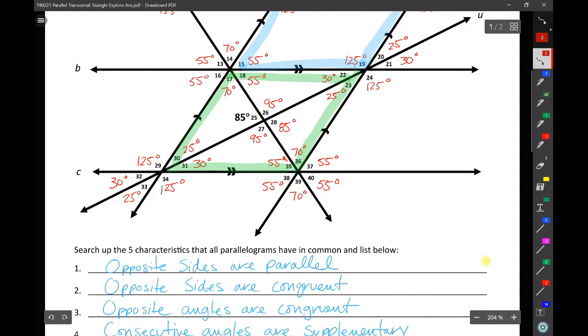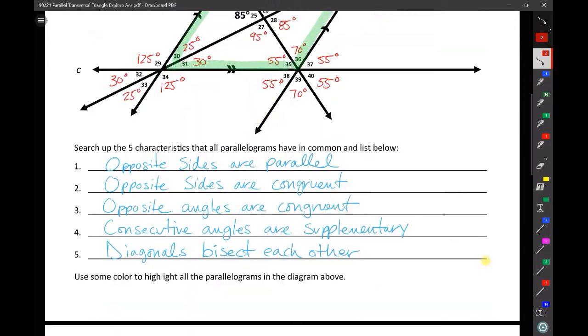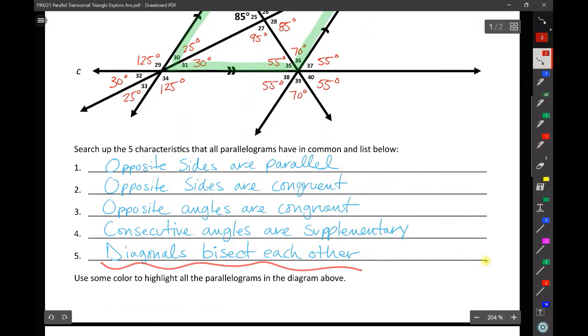So, I think you know what a diagonal line is, but you need to know the official definition: a diagonal connects opposite angles. That's what a diagonal does. It connects opposite angles. Again, you can see it over here. We've got this angle, and this is the diagonal that connects those two sets of opposite angles. Diagonals connect opposite angles. And what we're saying in our properties down here is that the diagonals of a parallelogram